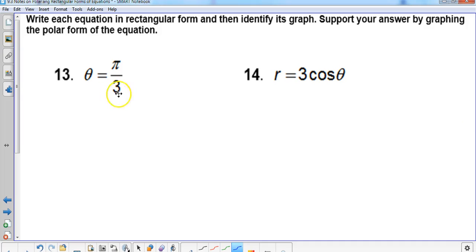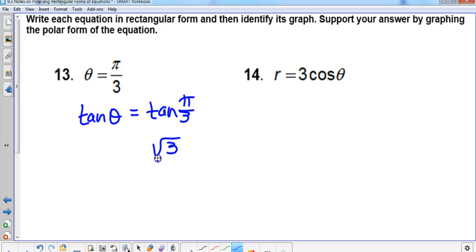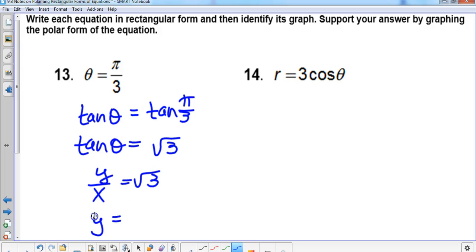Do you remember what this one we had to do? Tangent of both sides. Tangent at pi over 3, anybody? It's just the square root of 3 over 1. And tangent by definition is y over x. And to get the y by itself,